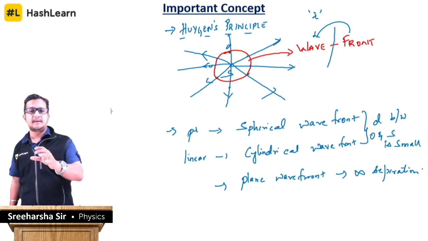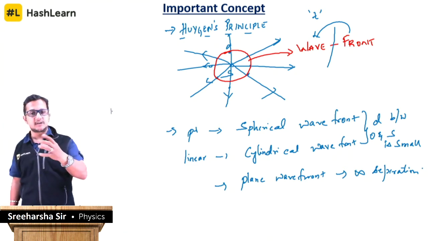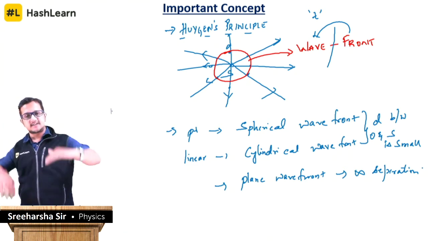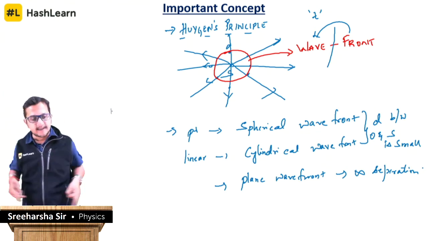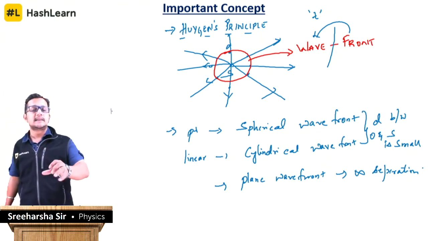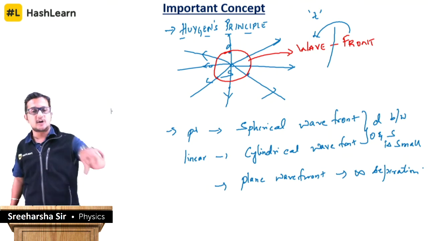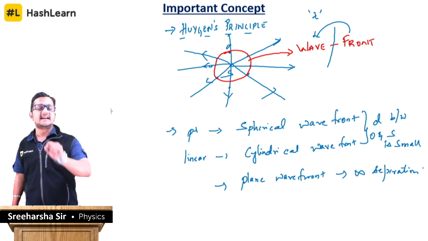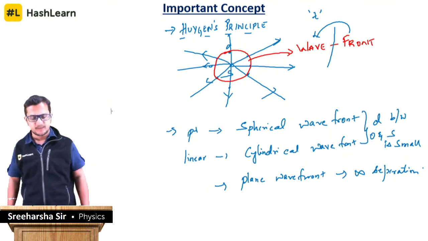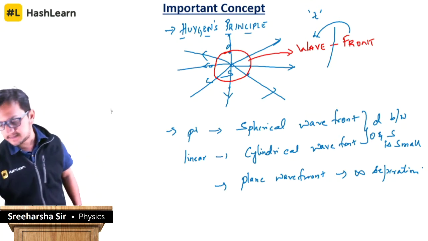So I took an example. If you have a point source, you have the rays of light coming outside in all the direction. You have particular particles which are vibrating along the same phase. You join them, that gives rise to the locus or the path traced by the particles, and that is called as wavefront. Now coming to Huygens wave principle,